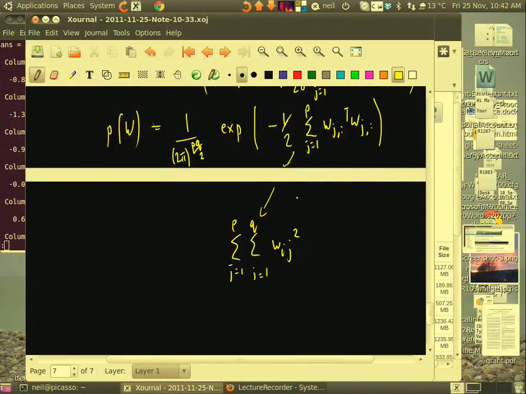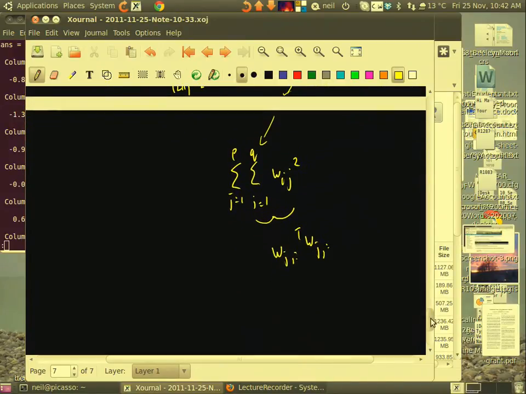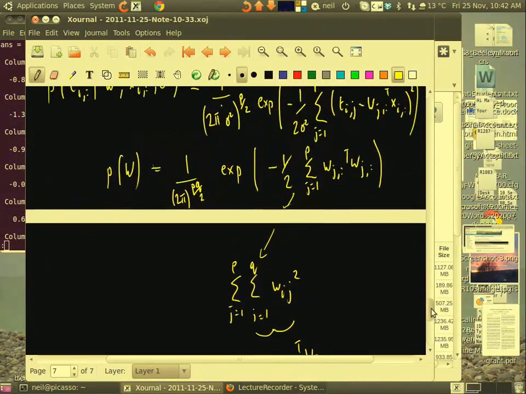We can write that as the sum over q. So this form here is rewritable as w_j transpose w_j. So it's just a matrix representation of that form, yeah? Because this is an inner product, it's just w_ji times w_ji plus all the summed across all the i's. So that's the case. So that gives us a prior